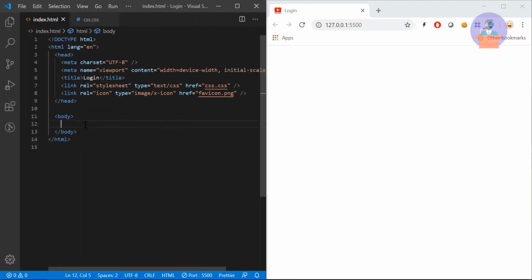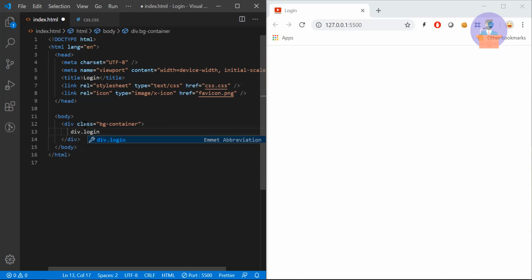Inside my body tag I'm going to add one div element, and I provide the class background container. Inside this I will again create one div element, and I will provide the id login container.